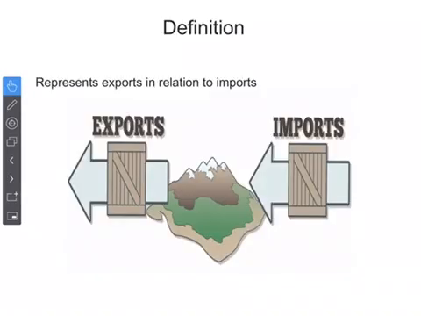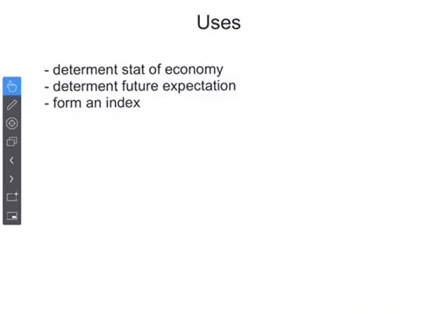Definition: terms of trade, short TOT, represents the value of exports in relation to imports. The result is a percentage number. The TOT helps to determine how healthy a country's economy is, but it can lead to misinterpretation because it only